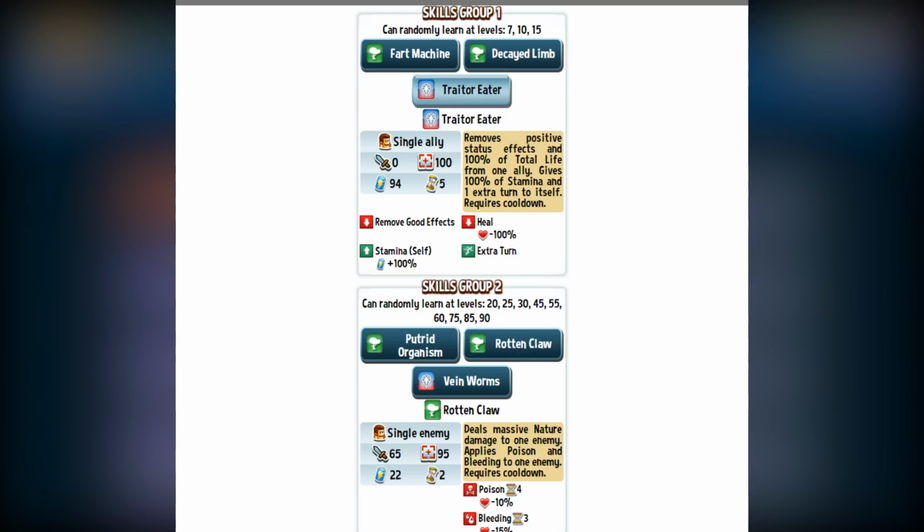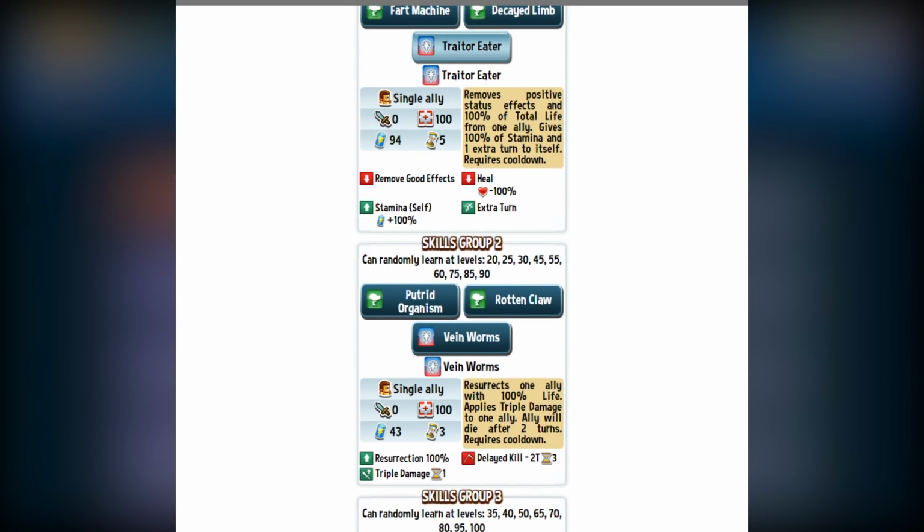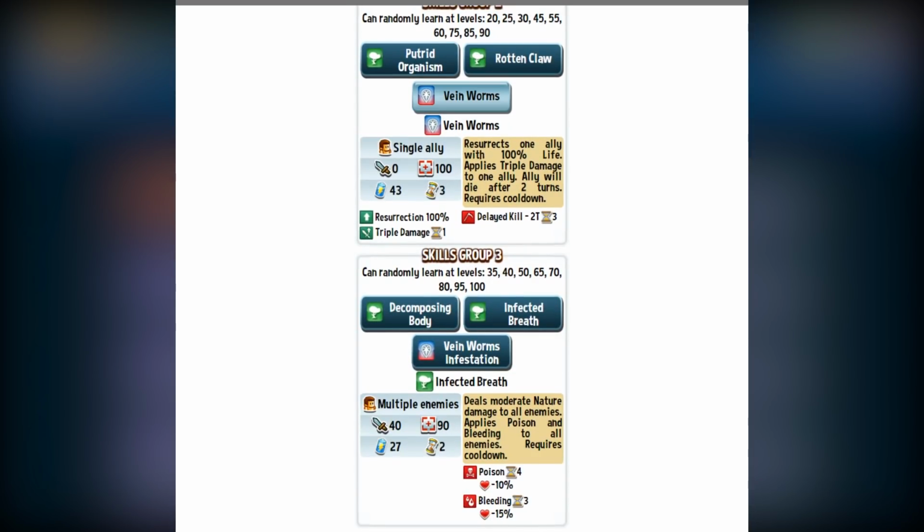Because keep in mind, after you did Trait Eater, you got all of your stamina back, and then you only wasted 43 to bring back Rossigon. So that means you still have 97 stamina to use. And so then you can do Trait Eater again, and you can repeat that cycle over and over. So Trait Eater on Rossigon, Rossigon dies, you get an extra turn, Vine Worms on Rossigon,